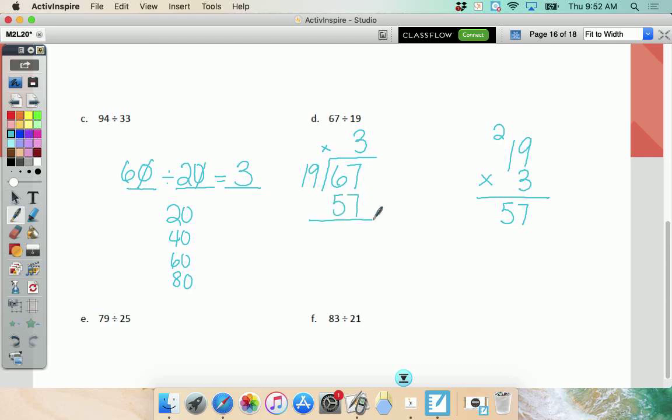So I'm going to write that down. A lot of kids try and write the 60 there, but 60 won't work. It's just an estimate. And what do I get? 10. Is 10 less than 19? Yes. Okay. Now, when I check this, life is good. All I have to do is add my remainder. Darn. Okay,